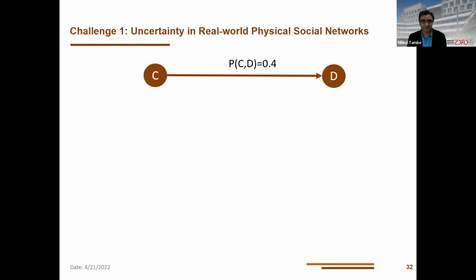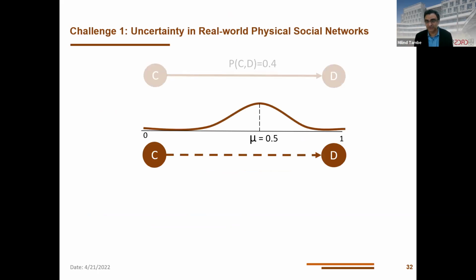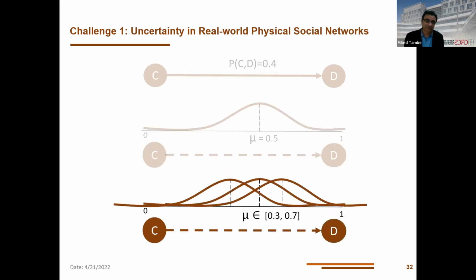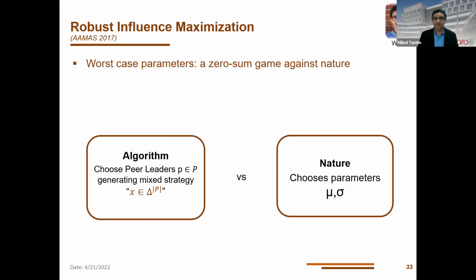First, I said, previous work had generally assumed that if you inform a youth C, we know the exact probability, 0.4, that youth D will be informed about HIV prevention. In reality, we don't know exactly this probability. We may sample it from some distribution, but the mean of the distribution may itself not be known, and we may say it lies within some interval. So now we have this problem of robust influence